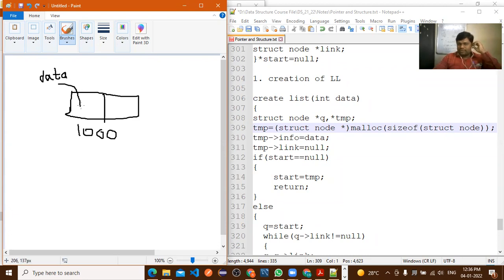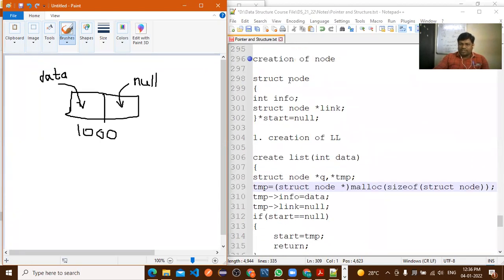So the data value is assigned here. And after that, second: temp link. Initially we are assigning null. Now when you are creating the struct node, at that time one more pointer we are considering, that is the start pointer.